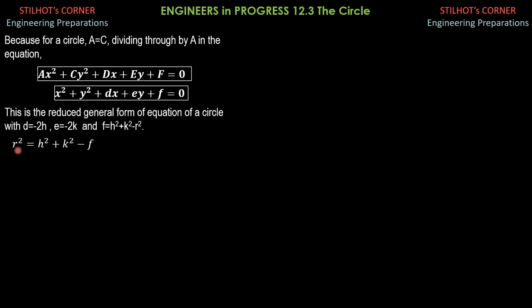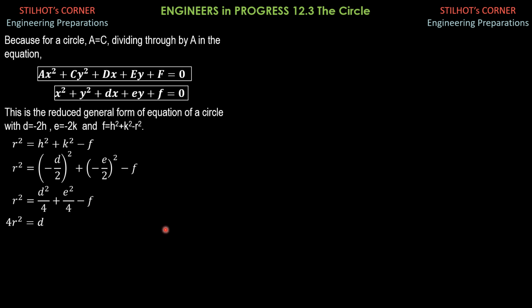Replace h by negative d over 2, k by negative e over 2 from here. Then simplify: r squared equals d squared over 4 plus e squared over 4 minus f. Multiply everything by 4 for r squared equals d squared plus e squared minus 4f. Extract the square root. Square root of 4r squared is 2r, and that's the diameter. The diameter of the circle, therefore, is square root of quantity d squared plus e squared minus 4f,